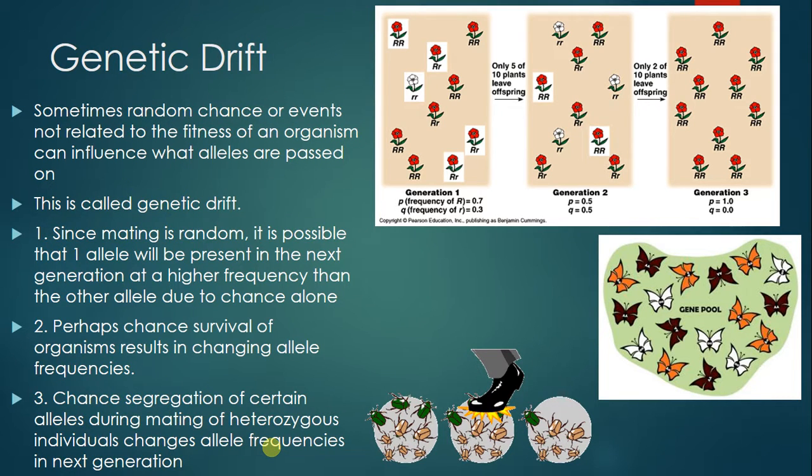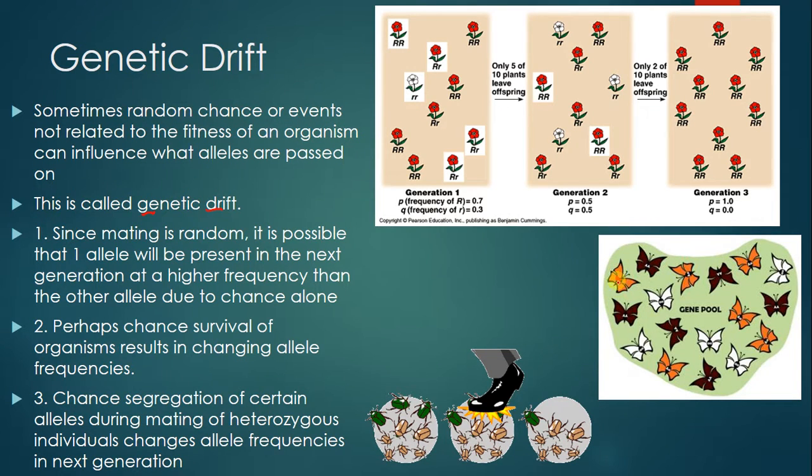So first I'll talk about genetic drift. Sometimes random chance events that aren't related to natural selection or the fitness of an organism can influence which alleles are passed on. And this is called genetic drift. One example is that, since we're assuming mating is random, it's possible that one allele will be present in the next generation at a higher frequency than other alleles just due to chance alone, due to, let's say,